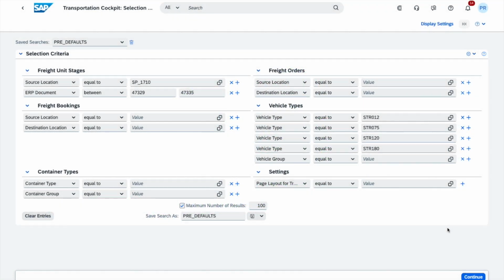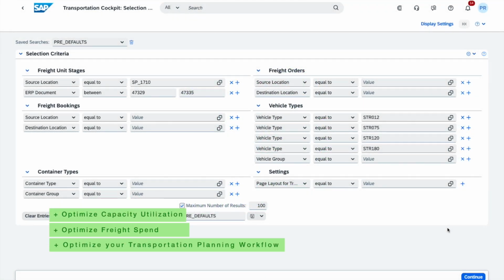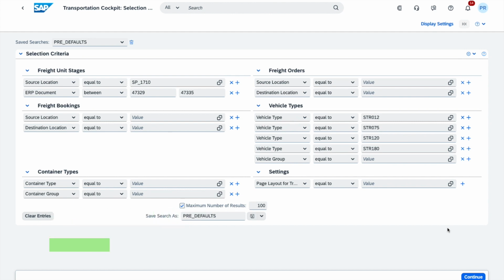With the release of SAP S/4HANA Cloud 2208 in the area of basic transportation management, supply chain, there is a new feature that has been released that is going to help you in your planning of your freight units. This new feature is going to allow you to group requirements together on the basis of a requirement grouping profile,